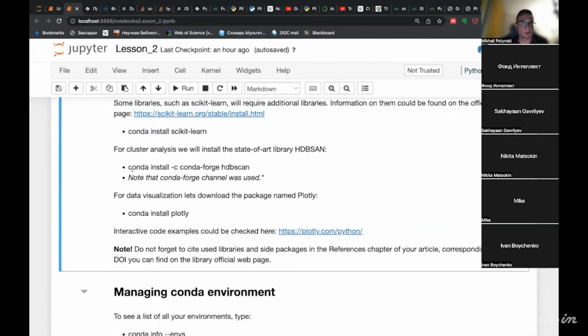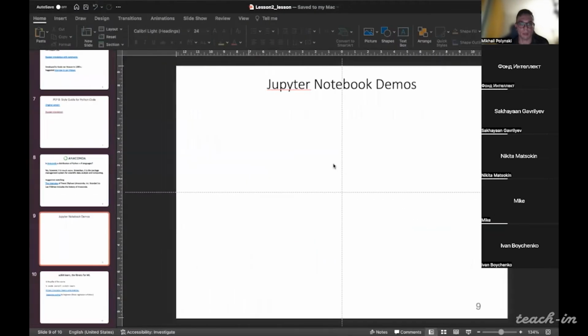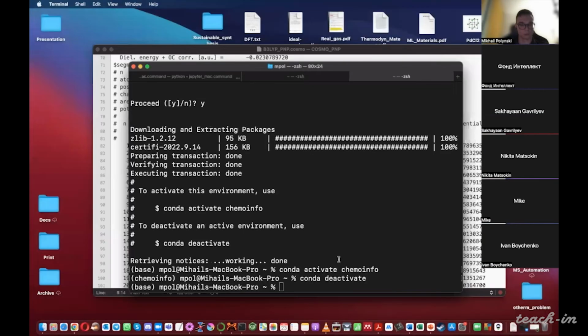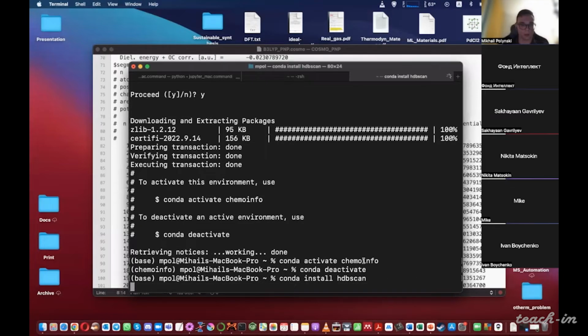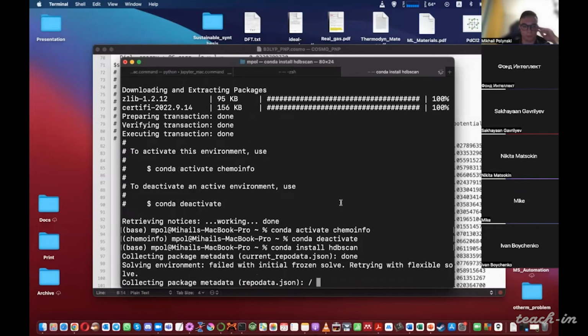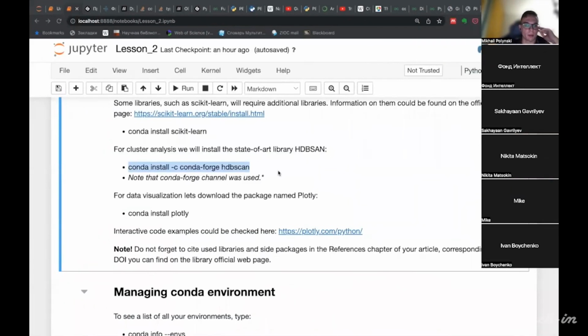And if you try to input this code without specifying the channel you are using, particularly the CondaForge channel, you will see that HDBScan cannot be installed from the common channel, and it can be installed only from the CondaForge.